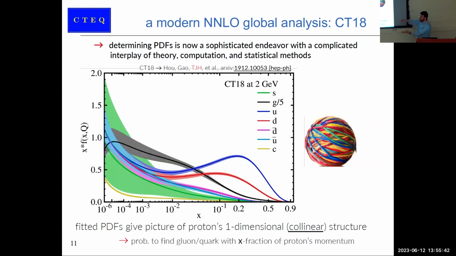Note that the uncertainty is extremely large. So at some point, if you continue plotting logarithmically down to smaller and smaller x, you'll get some huge takeoff because there are essentially no data that are sensitive to that very, very low x behavior. Since you asked, I'll also note that the behavior at really low x, particularly for the gluon, is, I think, a frontier in this area: exactly how you treat physics effects at low x, whether in the perturbative calculation there's some sort of effect that mandates a low-x resummation. These kinds of things are very active. Any other questions? What about B quarks?